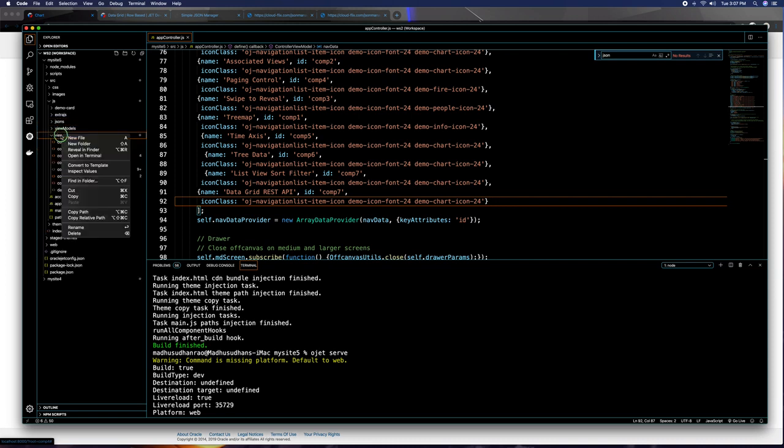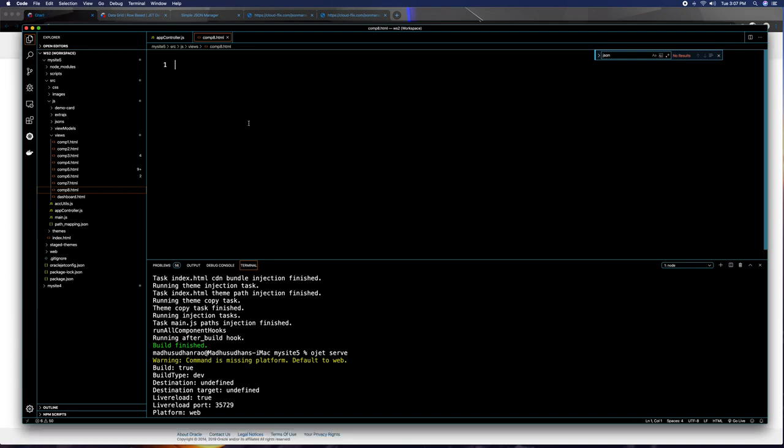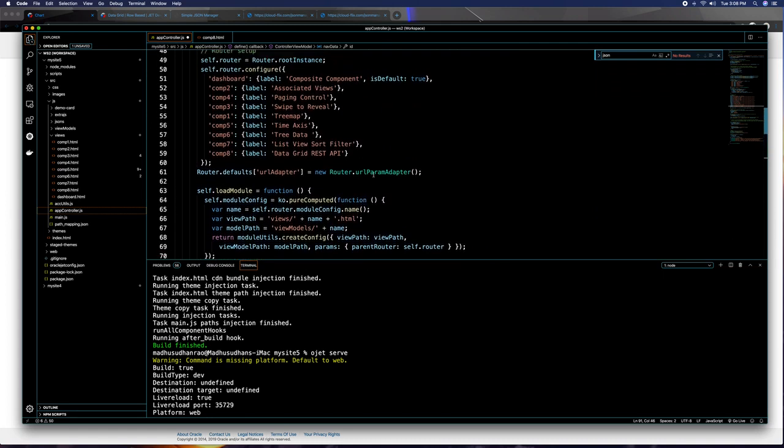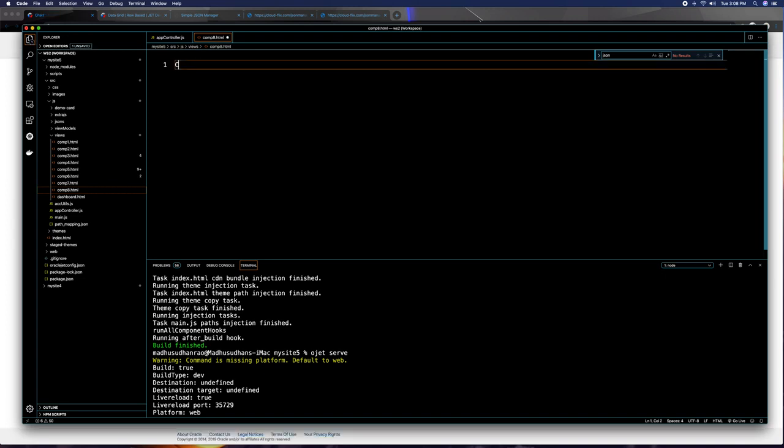New file, comp. We already have 7, so it should be comp8.html. So let me make a change here. It is comp8. Okay. So we have added comp8.html,